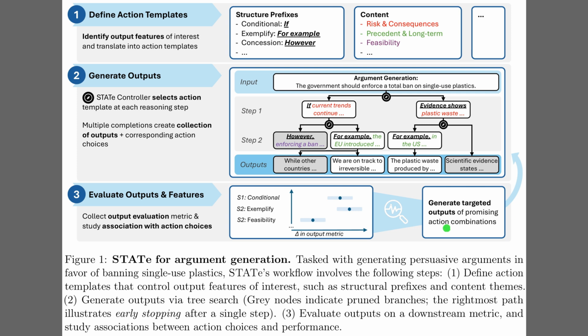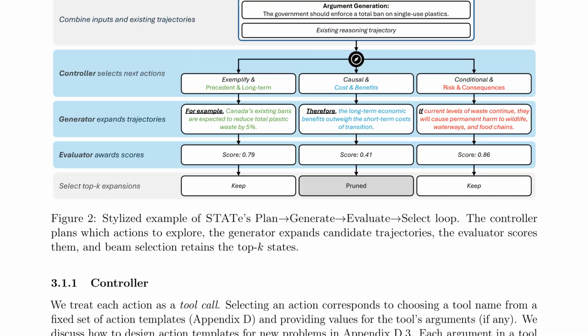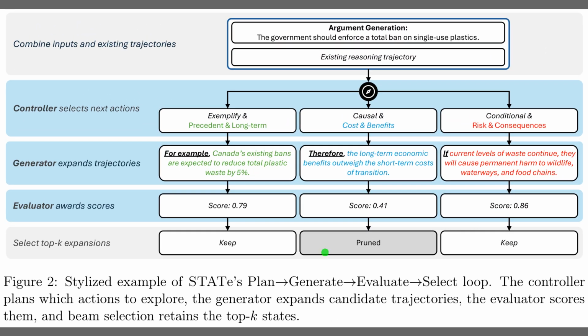Finally, step 3 covers evaluation. The system scores the outputs and analyzes which specific action sequences drove better performance, allowing it to steer future generation toward those successful patterns. Now, figure 2 zooms in on the execution loop itself, applying it to a debate topic